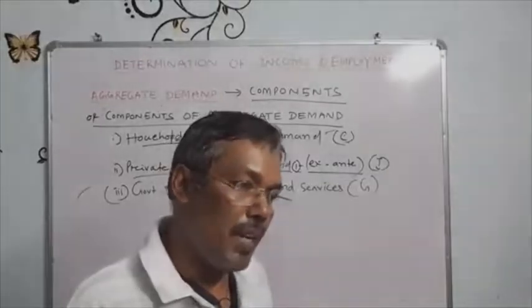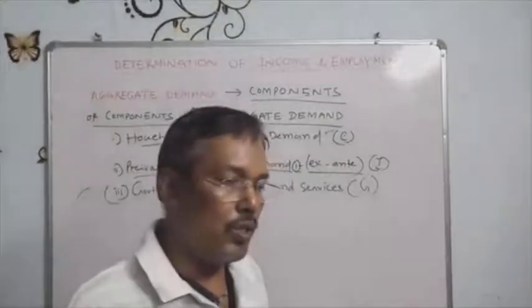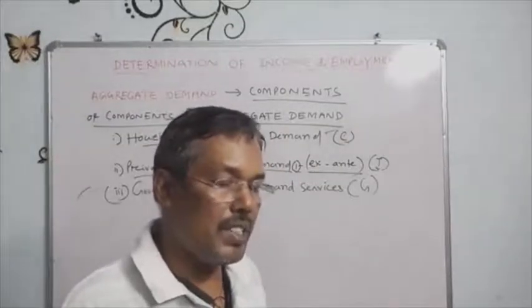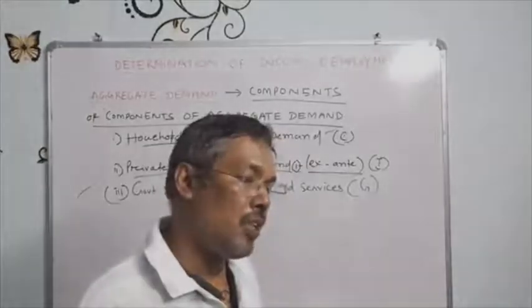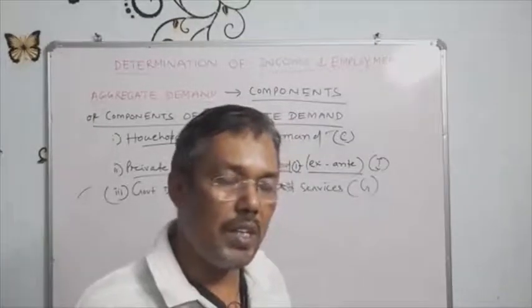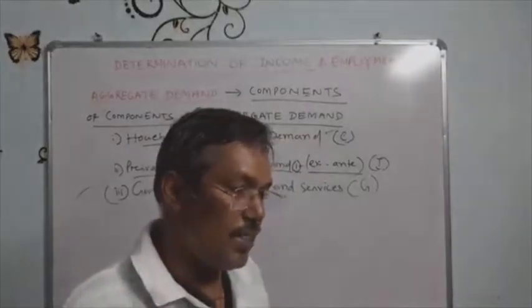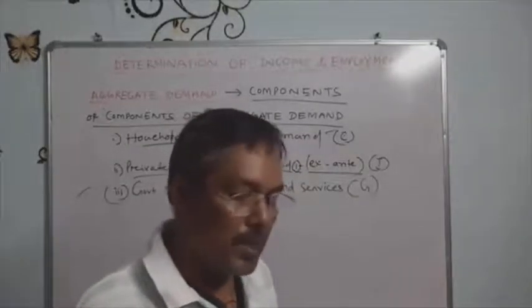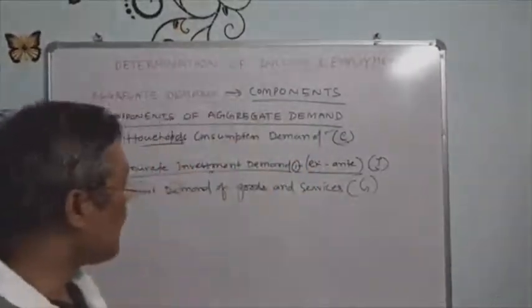And there are different offices. For those offices, the government spends money on different kinds of stationery, or for welfare purposes the government makes roads, hospitals, transportation facilities, communication facilities, parks, etc. These kinds of expenditure are known as government demand for goods and services.